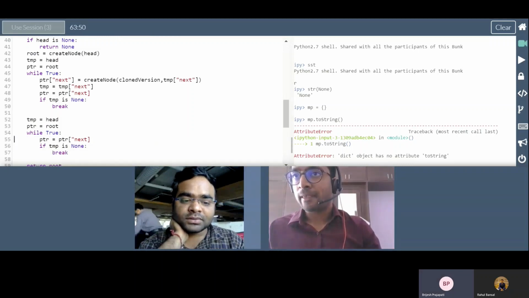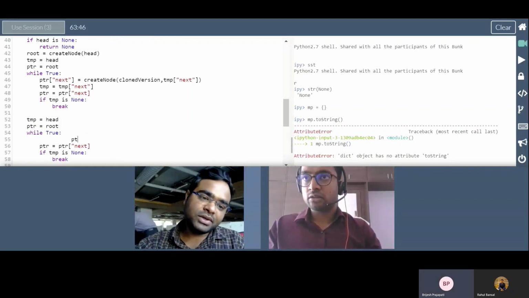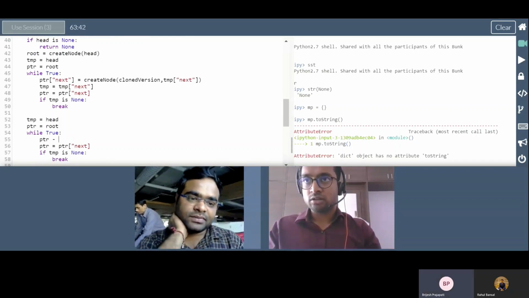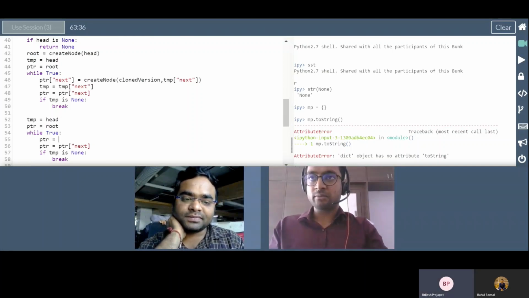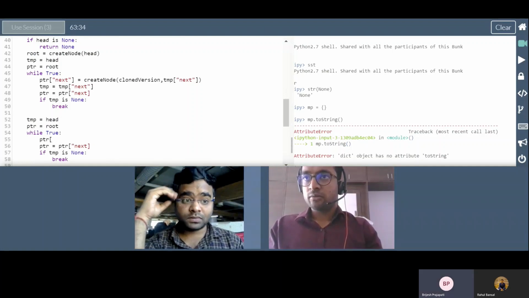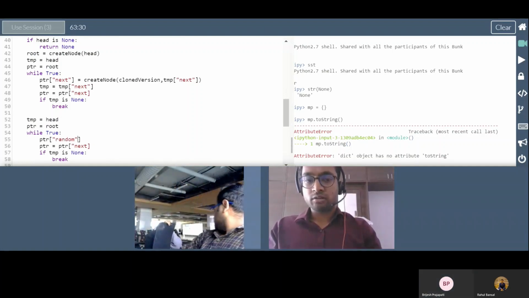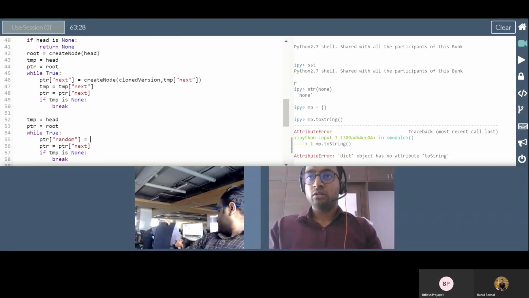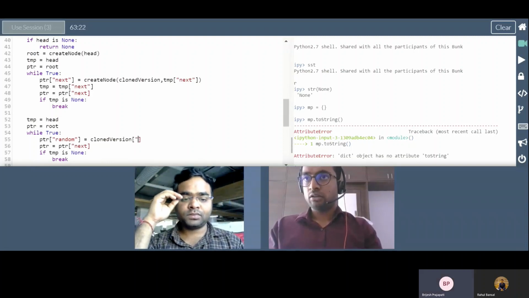Yeah, you can remove that. And think, yes, there is an issue. Think about this function. There is still an issue, just a second. Updating the random, there is only a minor mistake. Just a second, let me just complete this. So pointer random is equal to the cloned version of